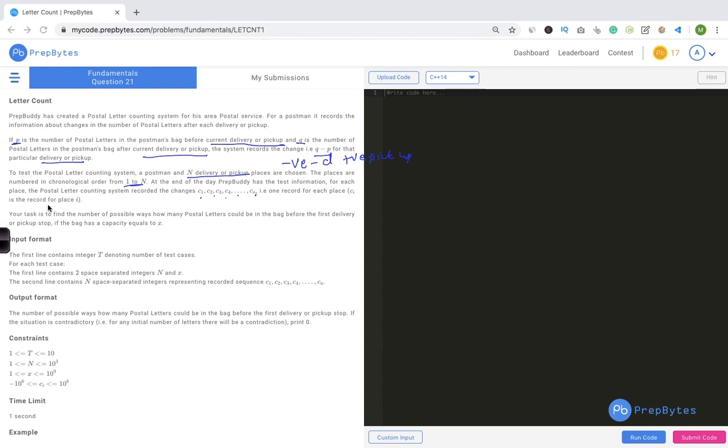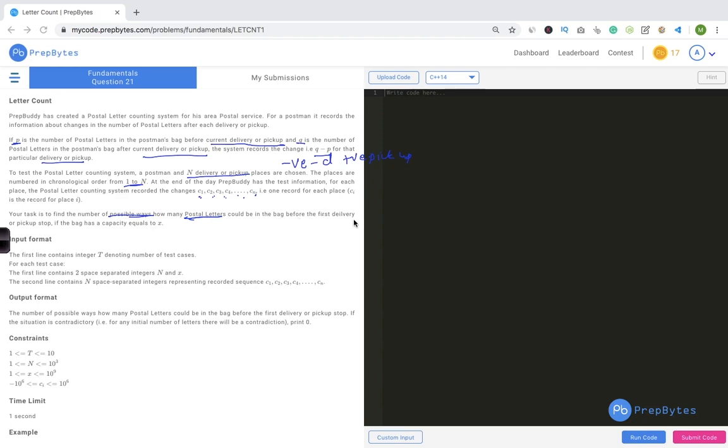Ci is the record for place i. So there are n places, from 1, 2, 3, 4, 5 and so on till n. For every place, there is a change recorded, whether there was a delivery or pickup. Your task is to find the number of possible ways